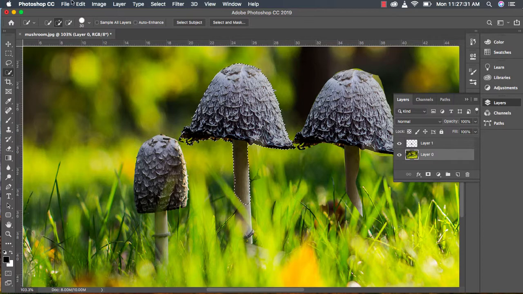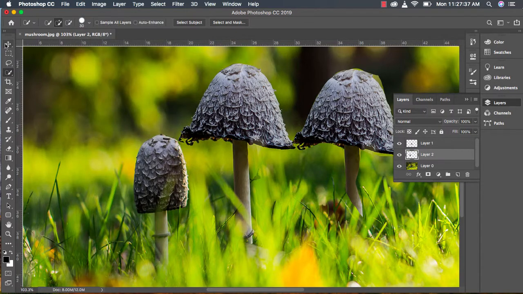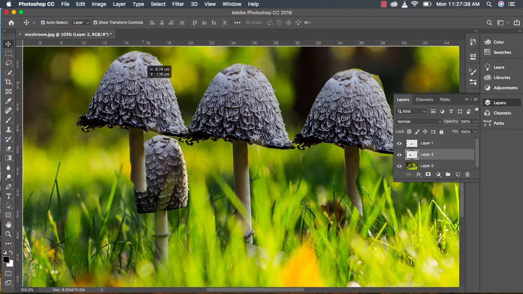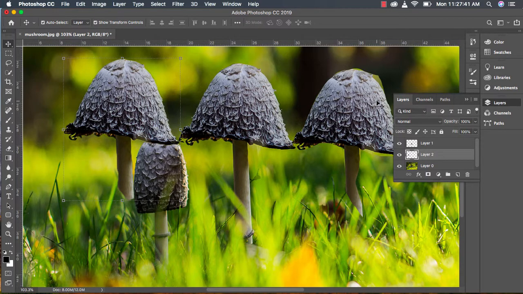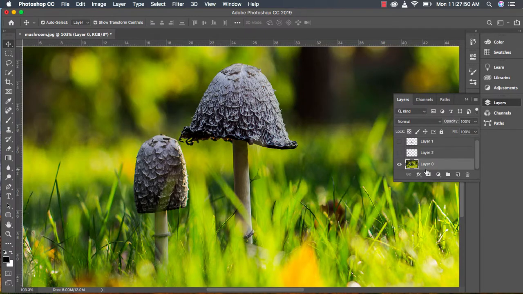And there we go. I'm going to click Edit Copy and Edit Paste, and I can move it over, and I have another nice selection. Now this one's better than the one that I made over here. Okay, let's hide these two layers so I can hide the work that I've done. I'm going to click on layer 0, and let's say I wanted to clone